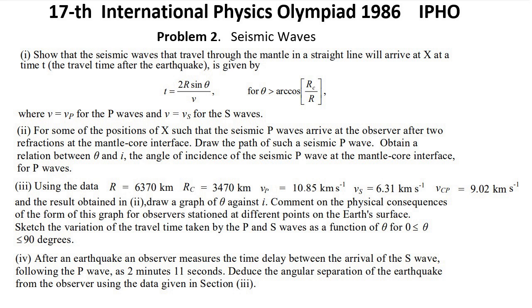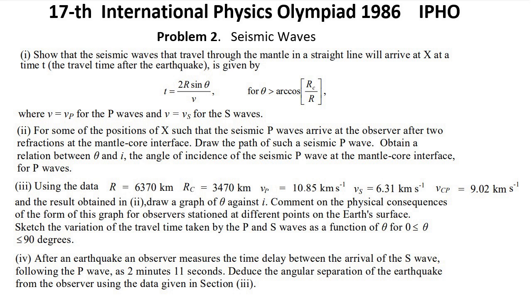For some of the positions of X such that the seismic P waves arrive at the observer after 2 refractions at the mantle-core interface. Draw the path of such a seismic P wave. Obtain a relation between theta and I, the angle of incidence of the seismic P wave at the mantle-core interface,